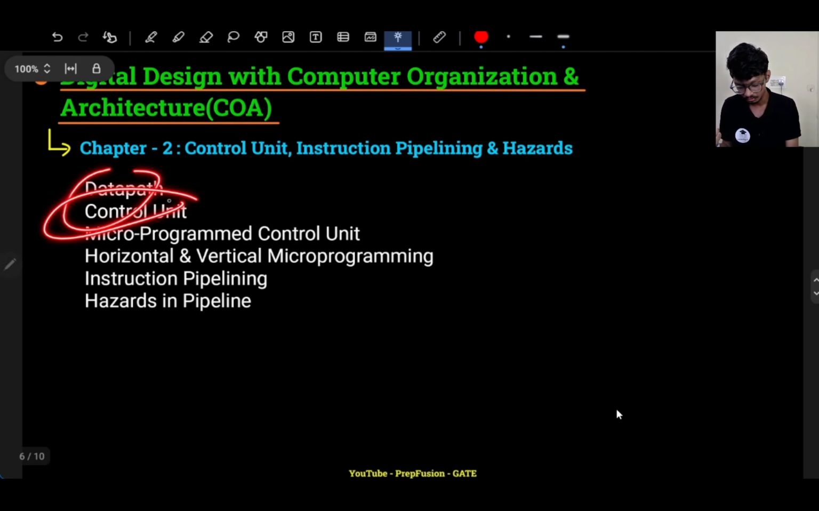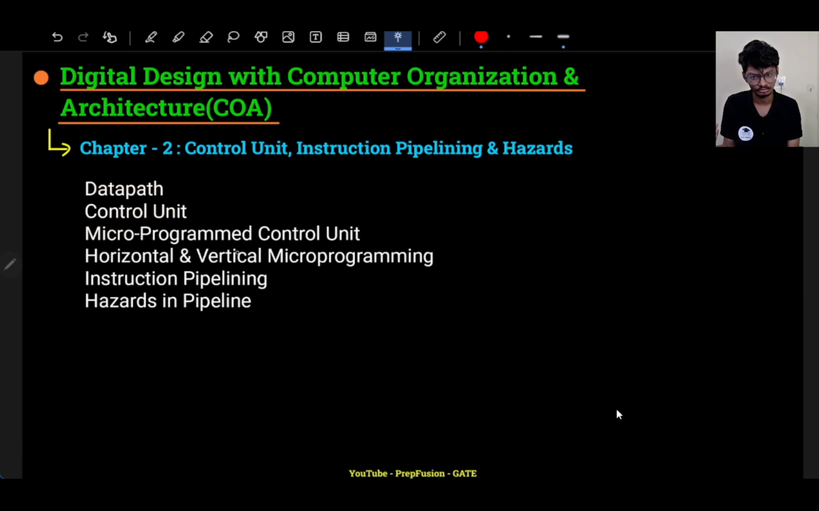Of course, we'll learn about the control unit. I have covered multiple types of control unit. One is the microprogrammed control unit. Then there are 2 types, horizontal and vertical microprogramming. These kinds of control units we will learn in this chapter, and then after that we will cover